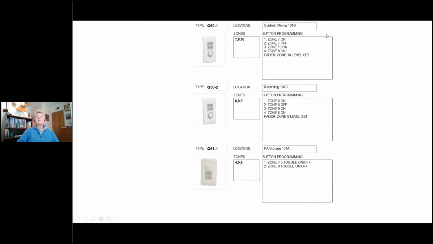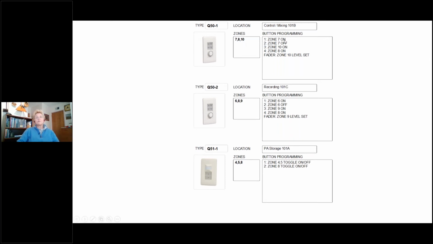Now here's a way that I have also used the same information to decide, okay, I'm going to show you exactly each one of these devices. Now I can go back to my Q50-1, which is up here in the corner, and I can say, here are zones 7, and I'm going to zero in on that because I know that's unreadable, but this should be readable. So I have my Q50-1, and that was that 4 button with the fader station. I'm controlling zones 7, 8, and 10 because I have a zone outside of the vestibule of running lights that I need to turn on and off.